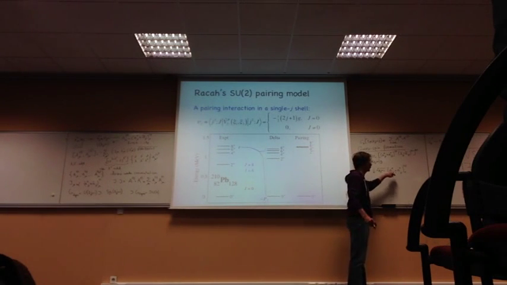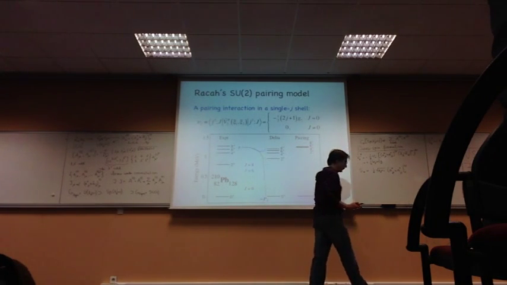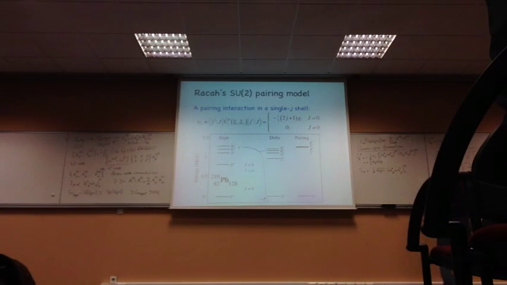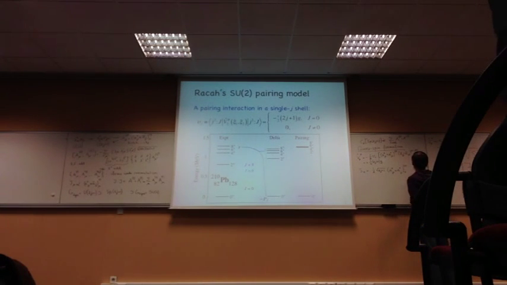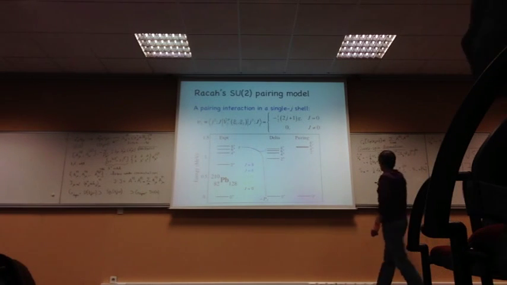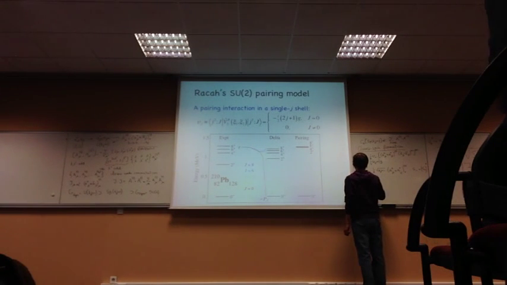So there is only one choice: it's just coupling two particles to angular momentum 0. Then there is the Hermitian conjugate operator, S minus, which is just the Hermitian conjugate of S plus. Then you can do the trick: you take the commutator of S plus and S minus, and you find